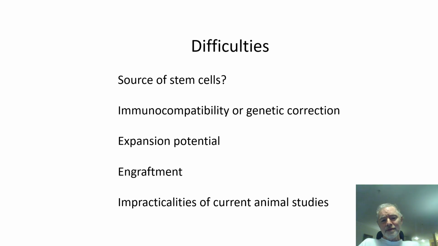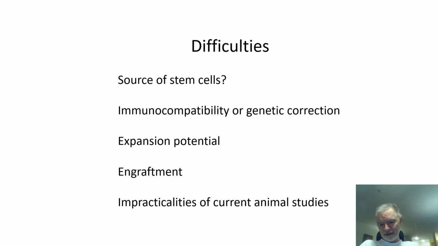Okay, but then the other thing is engraftment. So muscles already have their own supply of satellite cells. The muscle fiber is like, okay, I've already got my stem cells. What are these cells doing here? And so what's been observed in studies is that relatively few of the cells that you inject actually make their way to the outside of the muscle fiber and